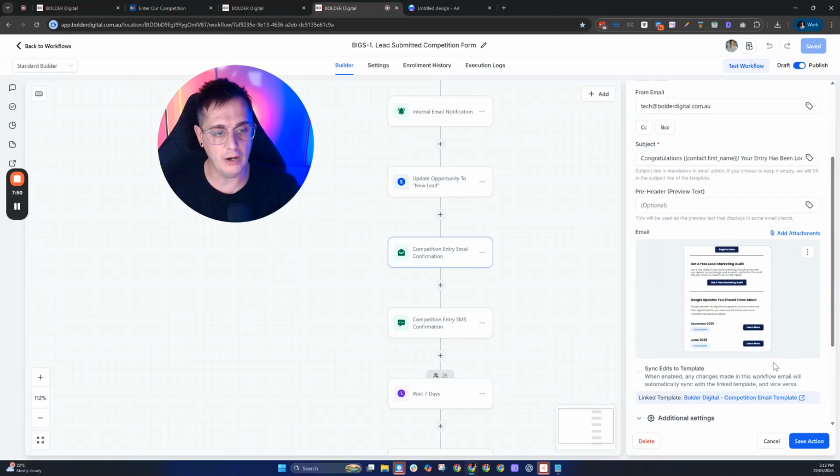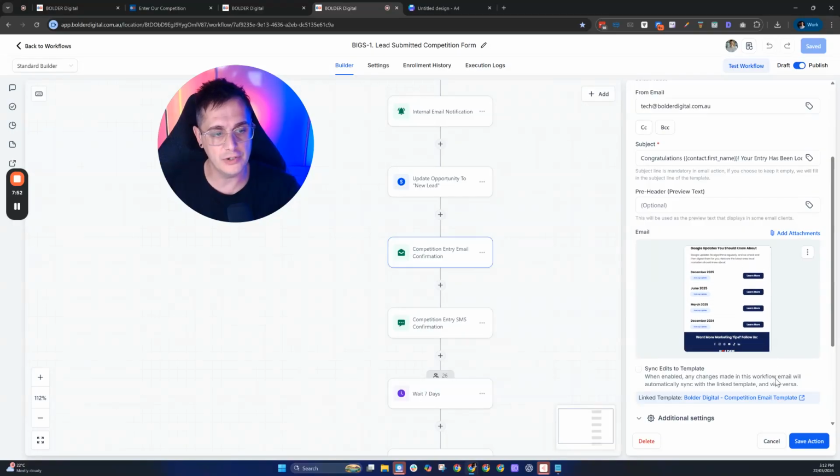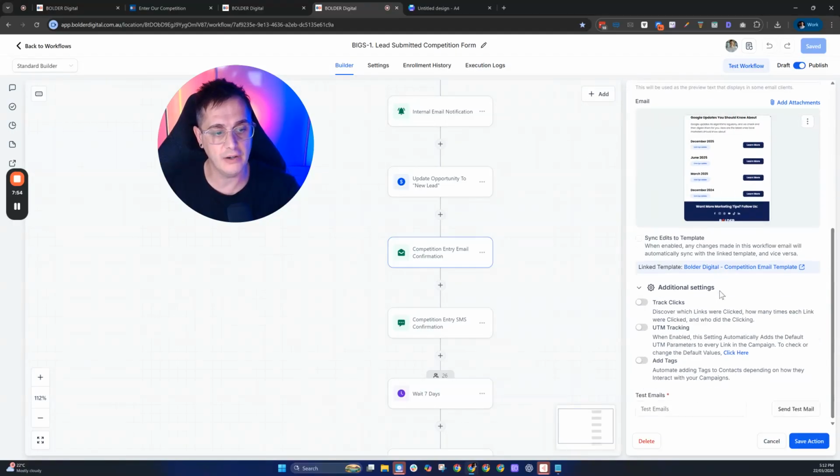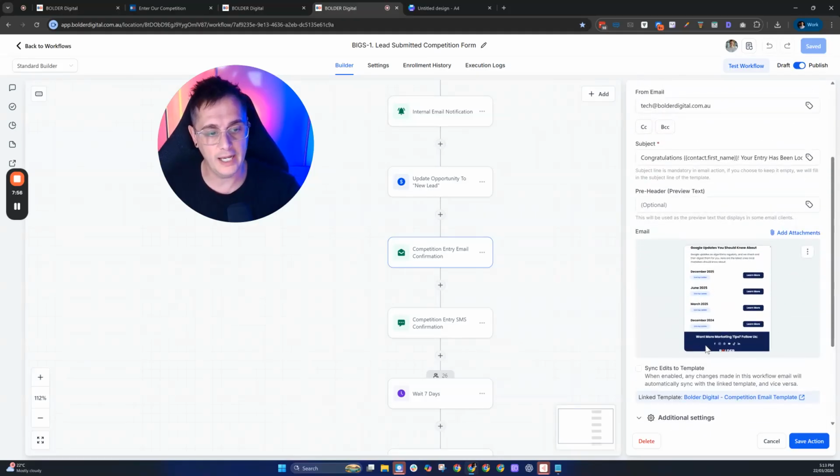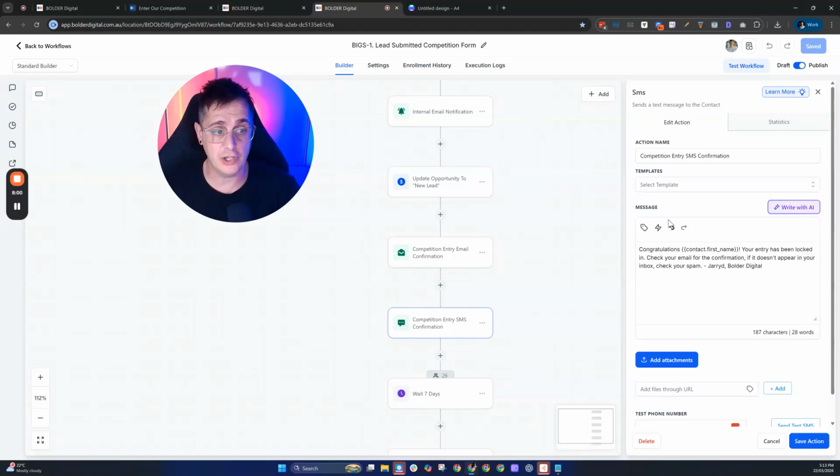And then we've got our audits, a bit more information around Google changes that are happening in the algos. And then also just a little footer down the bottom, okay? We then have our text message that goes out, hey, first name, your entry's been locked in, check your email